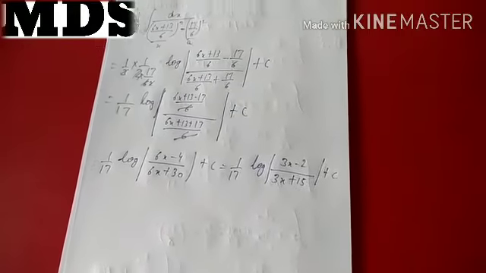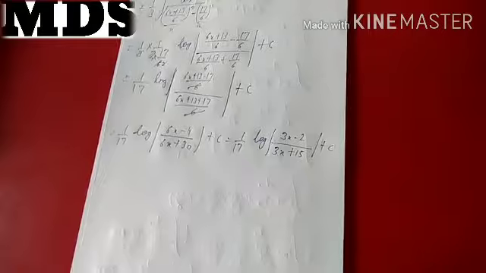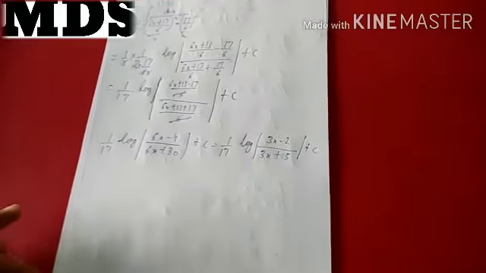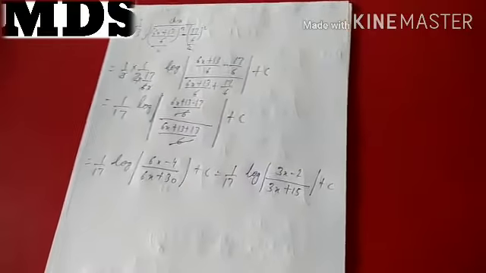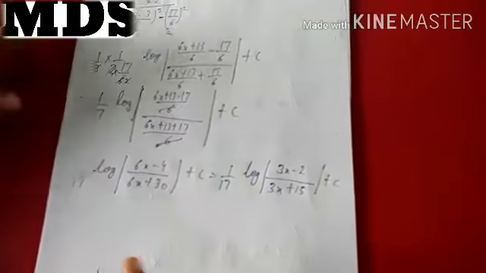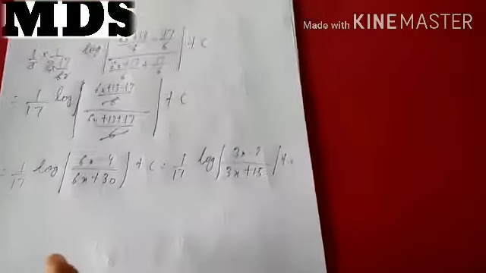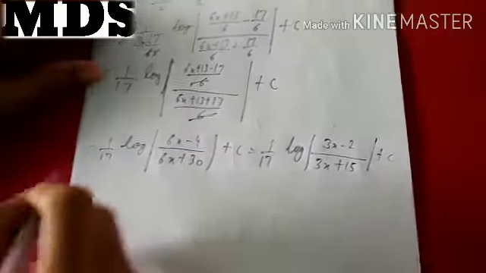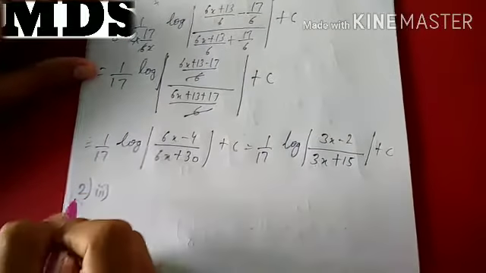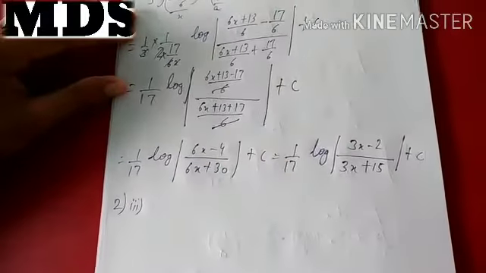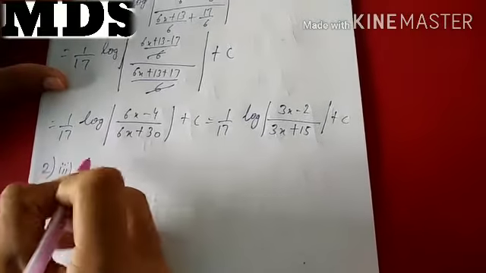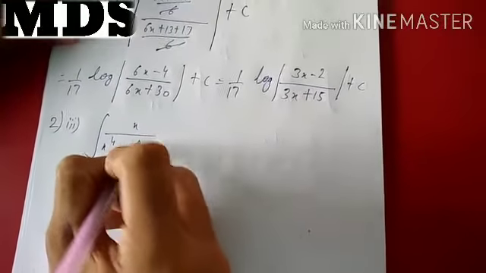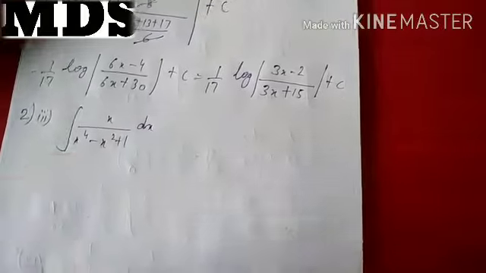So in the next question, number 2, what we have to do is replace the denominator by t and make our question simpler. So I am solving one part of it, which I can solve, the third part. Okay, so I am solving the second question, third part. It has already come in All India CBSE 2003. So this question is x by x raised to power 4 minus x square plus 1 dx.